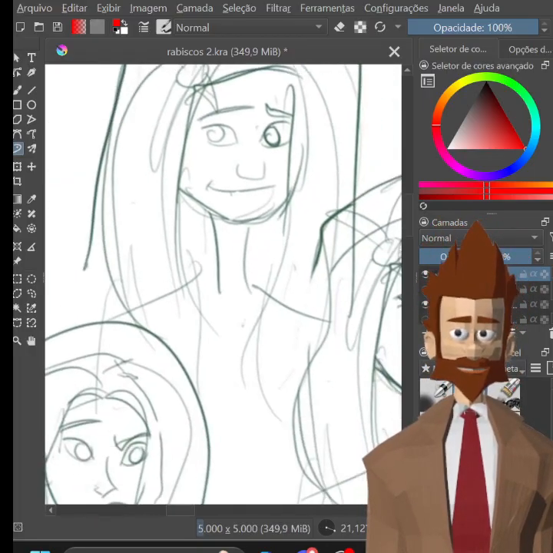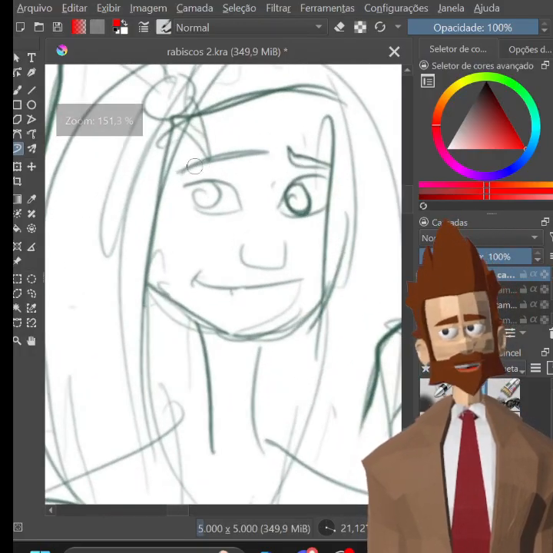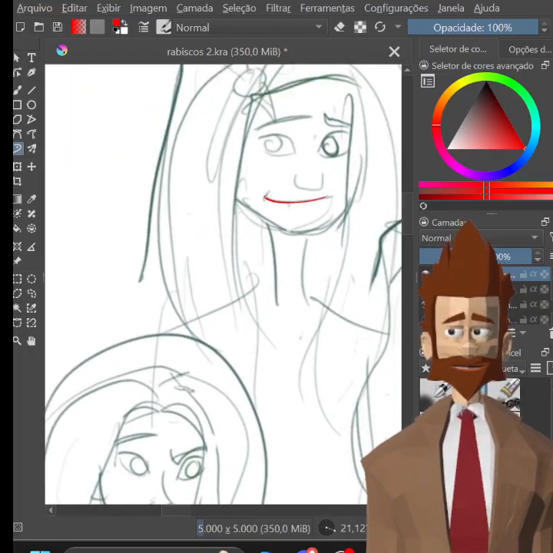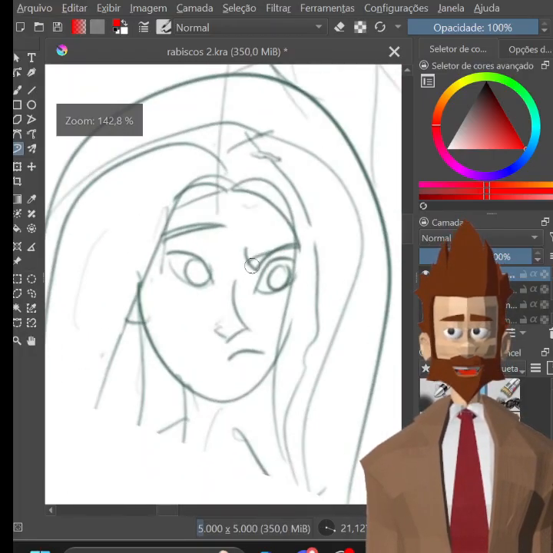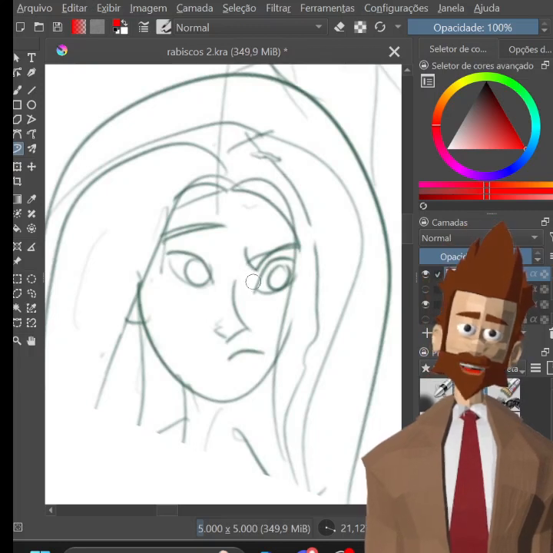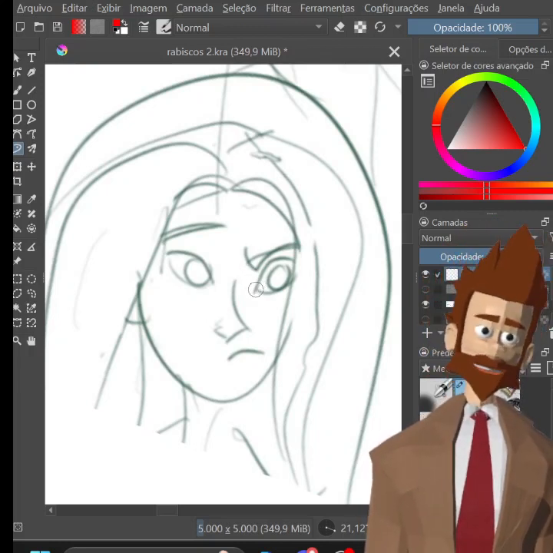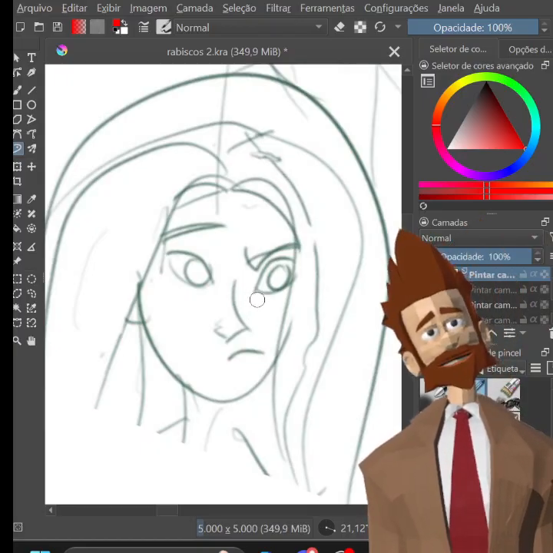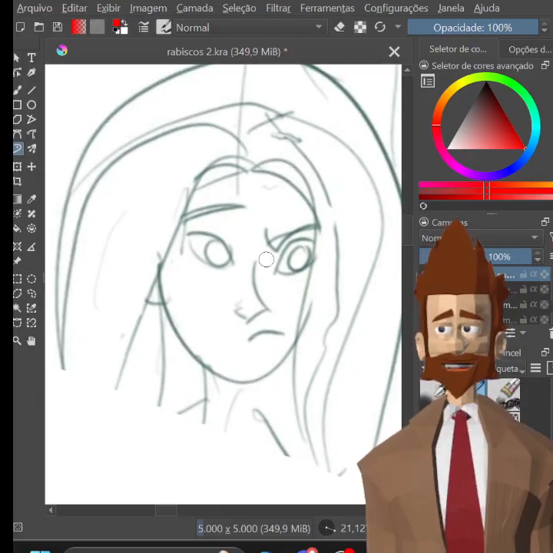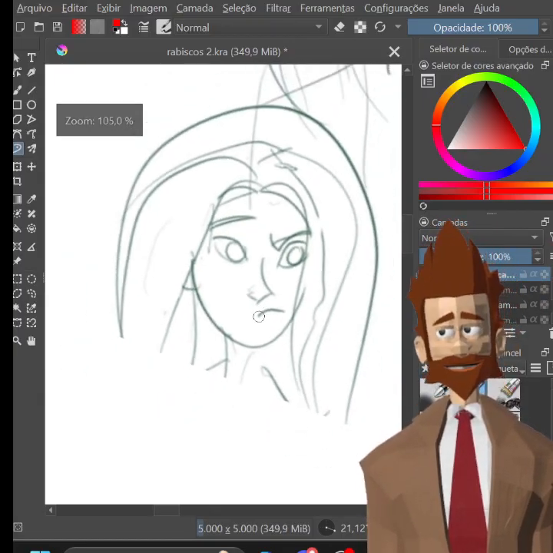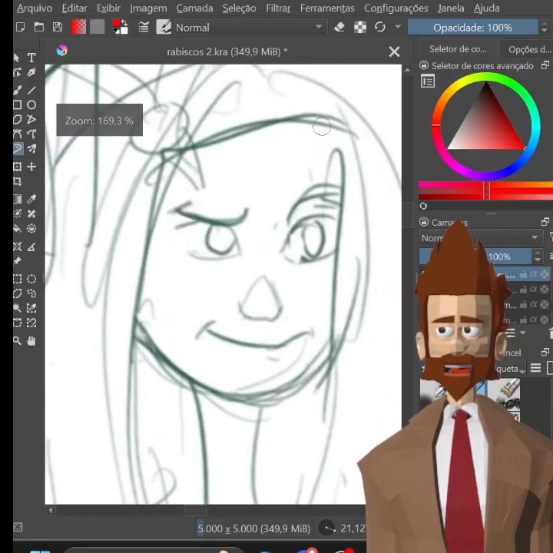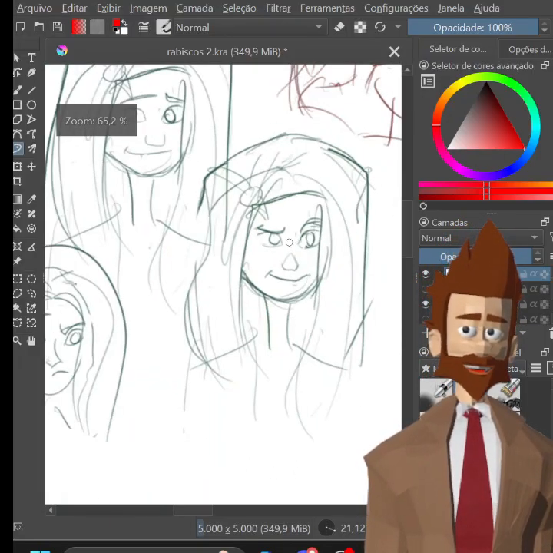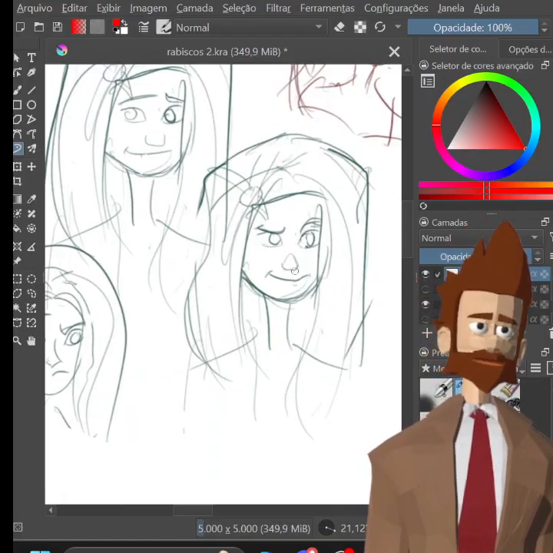Although the drawing is very simple, like my own drawings, look at the expressions, the lack of symmetry on the eyebrows and the mouth. Look at this. It makes for a very alive drawing. Everything that is asymmetry makes for a live drawing. If I stand still, I'm not alive. But if I do this, how alive I am, very asymmetric. And all of his drawings have something like this, the mouth to the side. I feel like this guy has a very nice instinct for expressions, so lean into it,